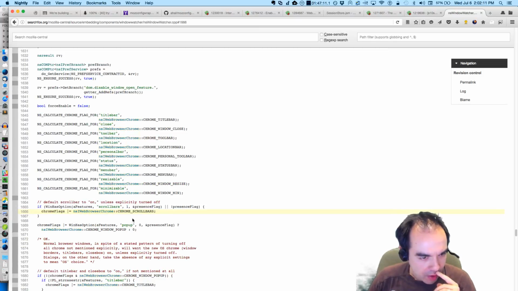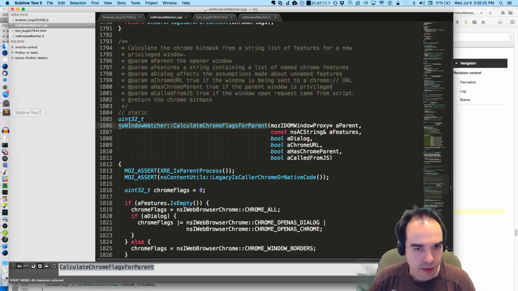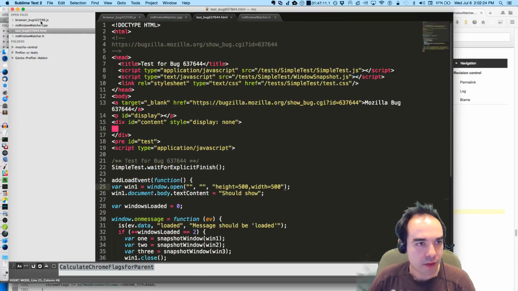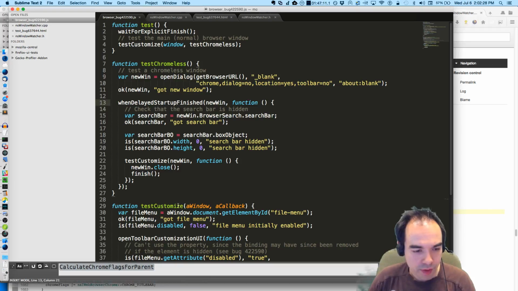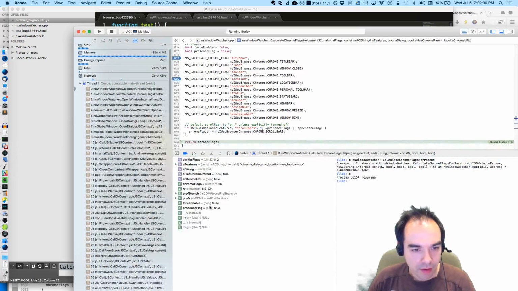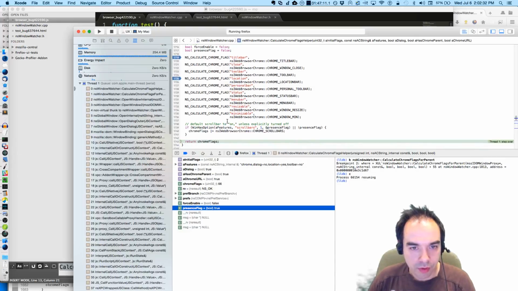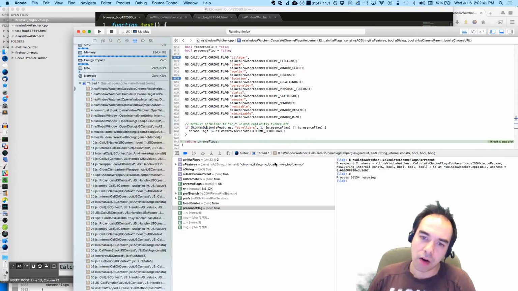If Win has option scroll bars, or it's not there. Does it have scroll bars? Did we in the test? So what's presence flag here? Presence flag was true. Scroll bars isn't in here. Oh no.